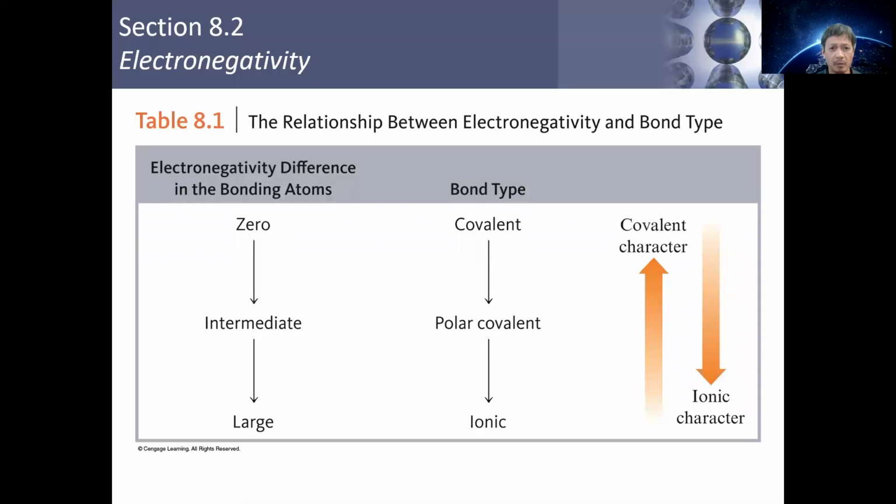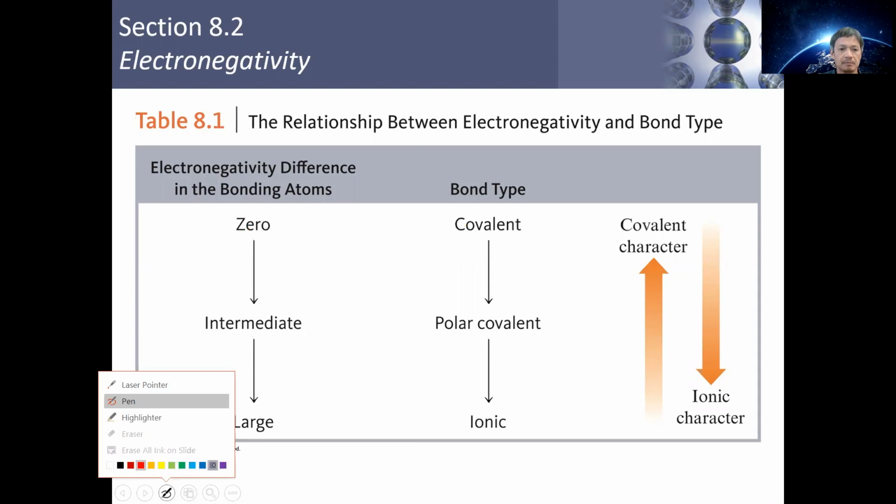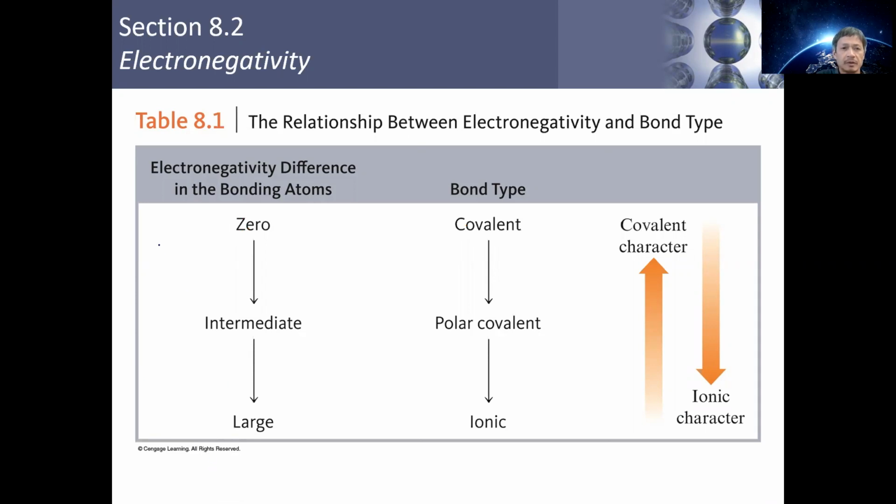Okay, so let's pick up where we left off last time. We were talking about the polarity of these bonds here. So remember the difference between the electronegativity of the two atoms: if that difference is zero, then we have a nonpolar